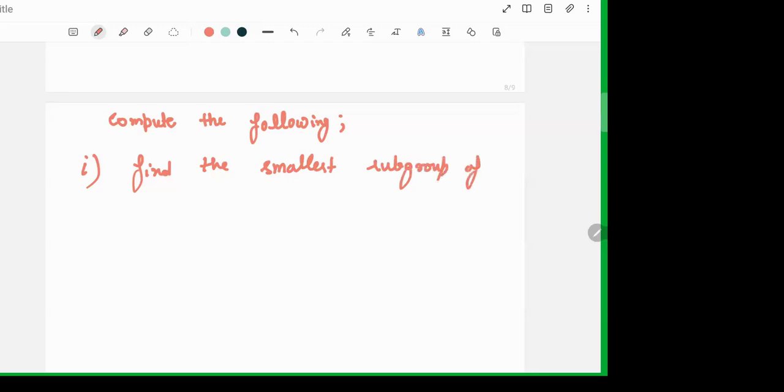Sorry, why am I saying smallest? Let's write this as stabilizer, because you don't know this. How to find the stabilizer subgroup of the matrix A, which is